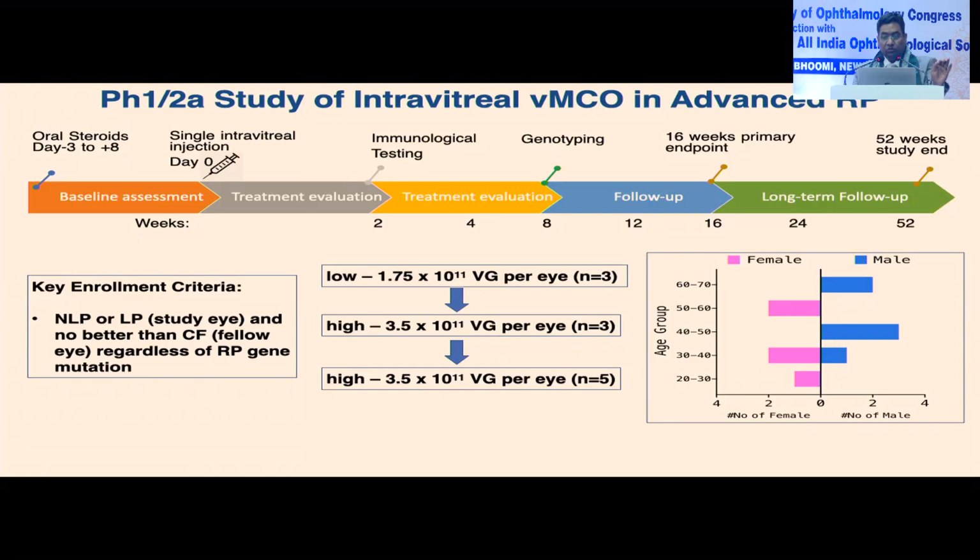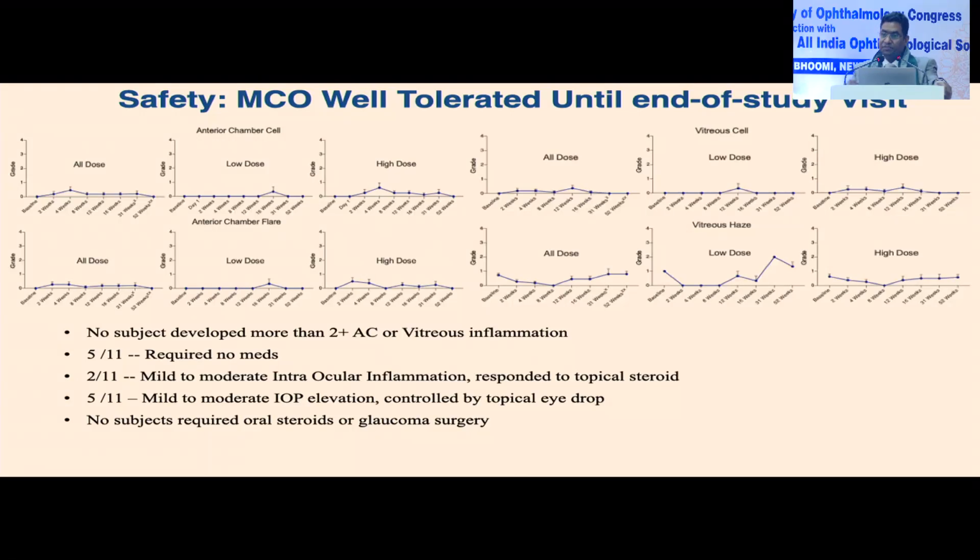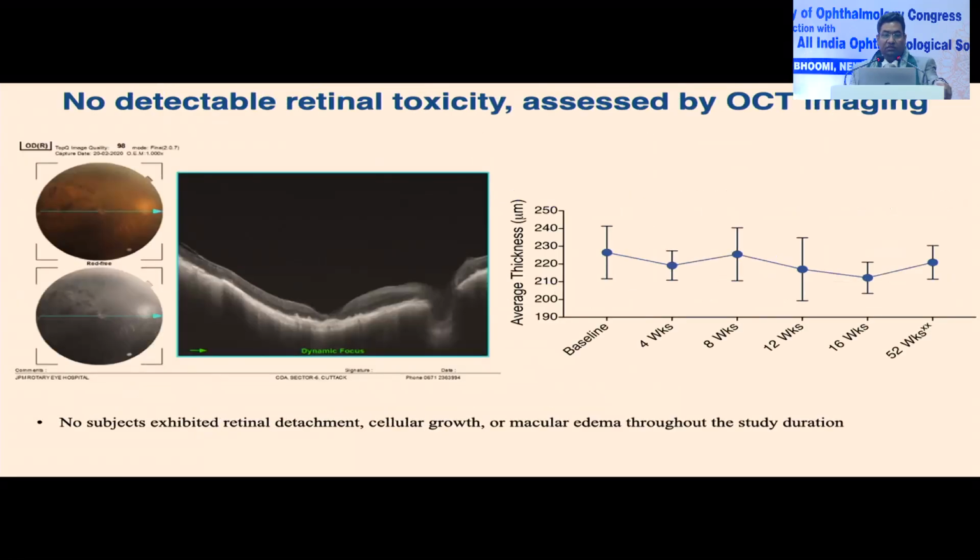We injected only those patients who have just light perception or hand movement in the injected eye, and not better than counting fingers in the fellow eye. And this is the neutralizing antibody test showing all the patients. We ensured that no detectable neutralizing antibody is present in the serum of all these patients, because otherwise the injection will be destroyed by the neutralizing antibody. And safety was the first concern. The MCO was well tolerated with a good safety profile, and there was no detectable retinal toxicity